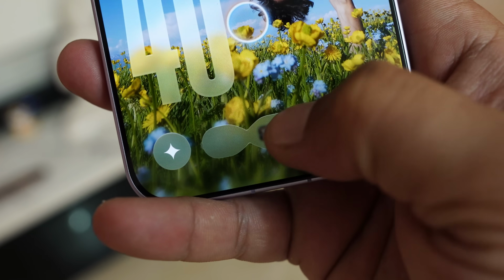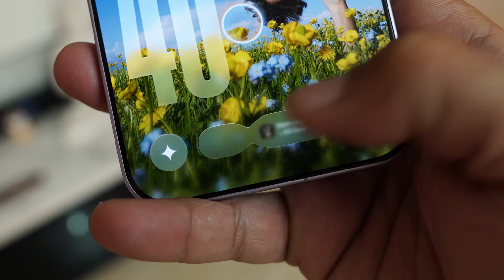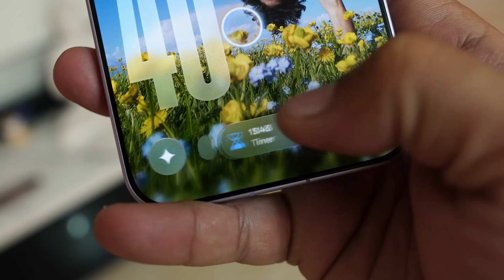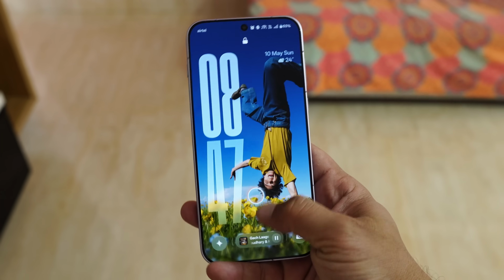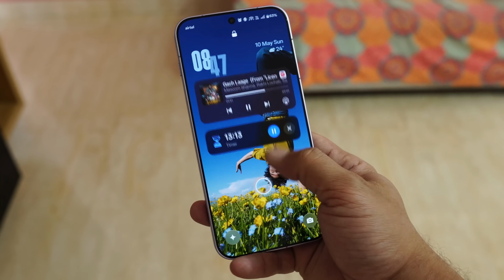So finally the wait is over. OnePlus have started rolling out the OxygenOS 16.1 build for the OnePlus 15. This new OxygenOS 16.1 version brings a lot of new changes, improved animations and many more things. So in this video we'll talk about each and every change you will see with the update of